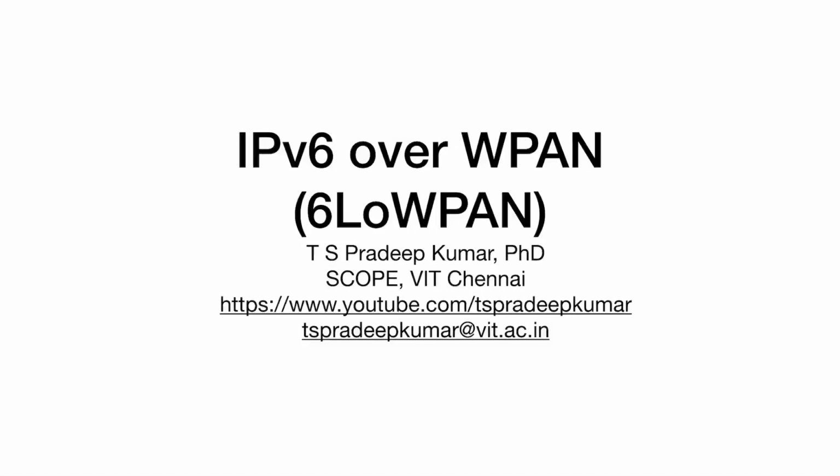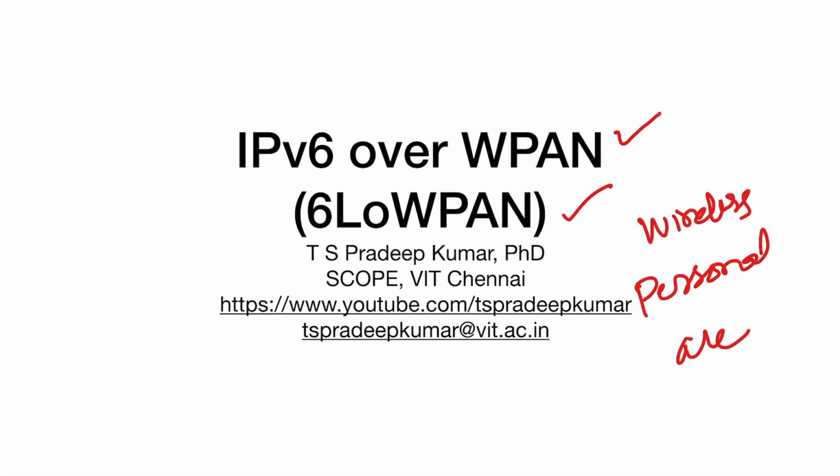In this lecture 3 of week number 4, we are going to see in detail about 6LoWPAN. What is 6LoWPAN, what are the different features, what is the packet structure, and other things that we are going to do. So 6LoWPAN means, in general, IP version 6 over the WPAN. WPAN means wireless personal area networks. So this is called WPAN. IP version 6 means Internet Protocol version 6.